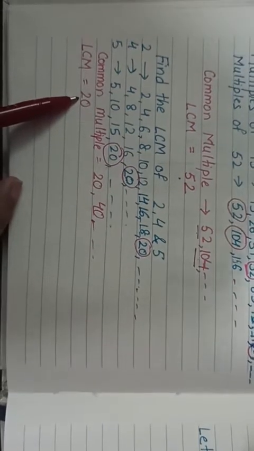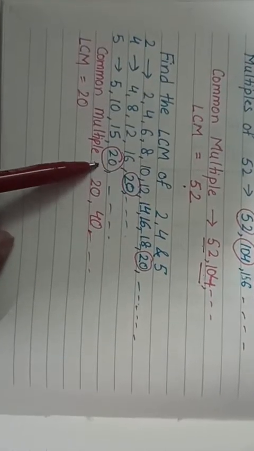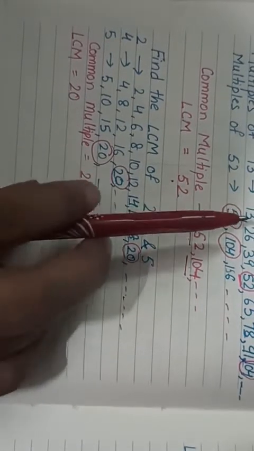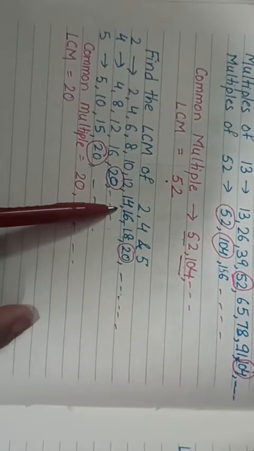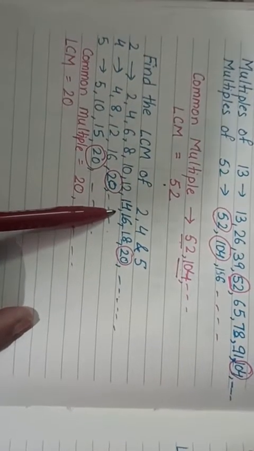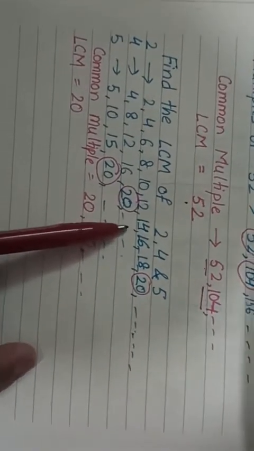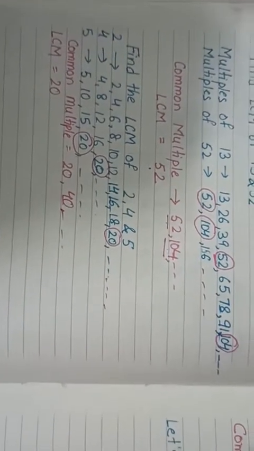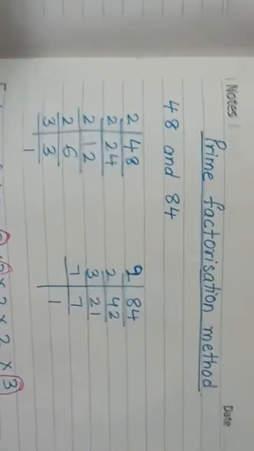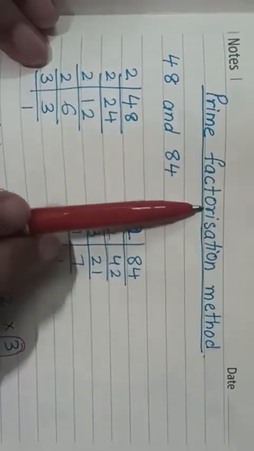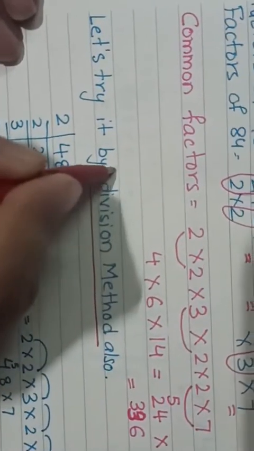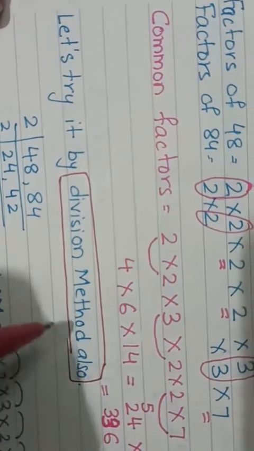But practically talking, when we actually find the LCM, we are not left with so much time in making such long lists of multiples. So in usual practice, we avoid using the listing multiples method for finding the LCM, as it is very lengthy. The usual process which we will be using in the senior classes, class 5 onwards, will be the prime factorization method and the division method. So now I'll be showing you both. So you can compare,